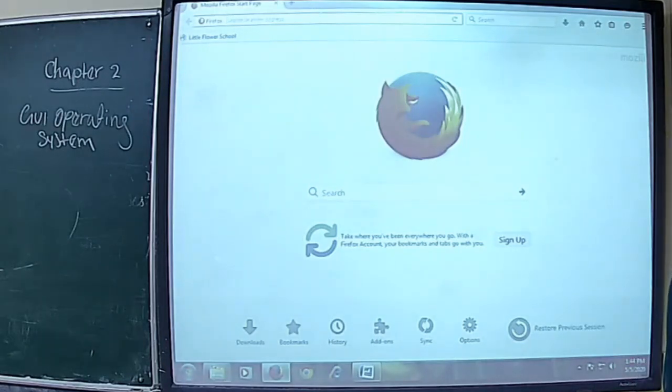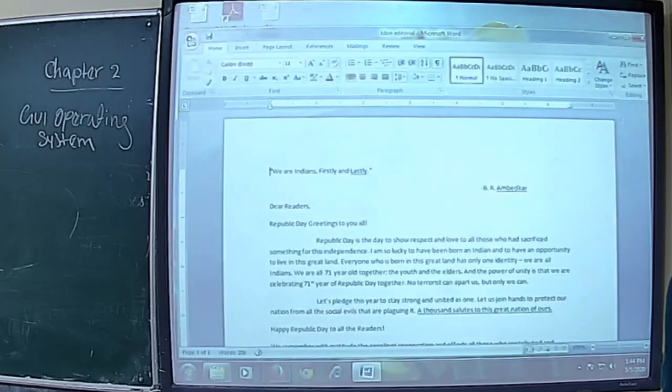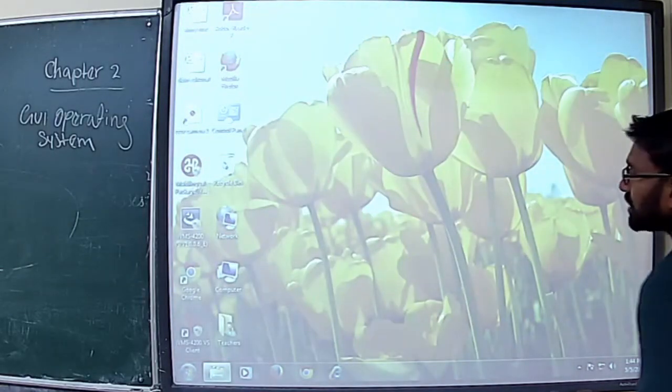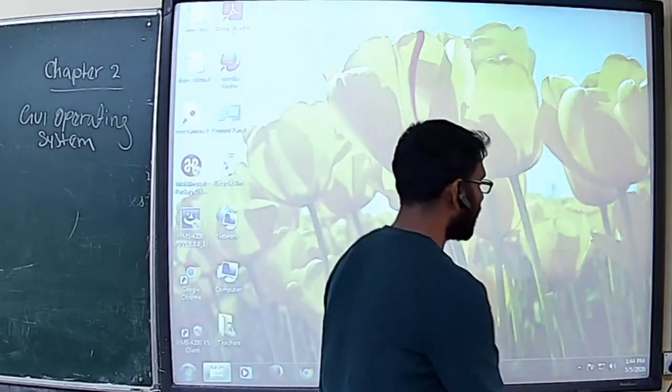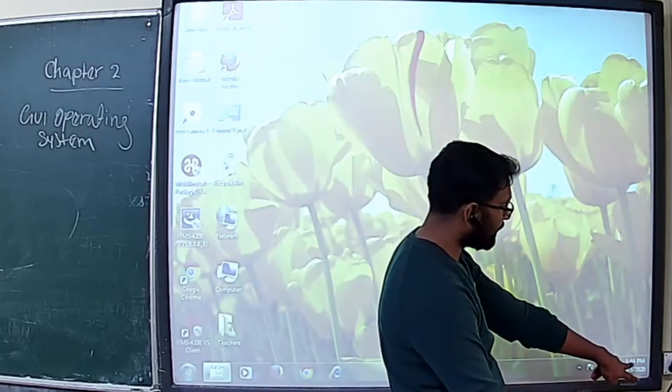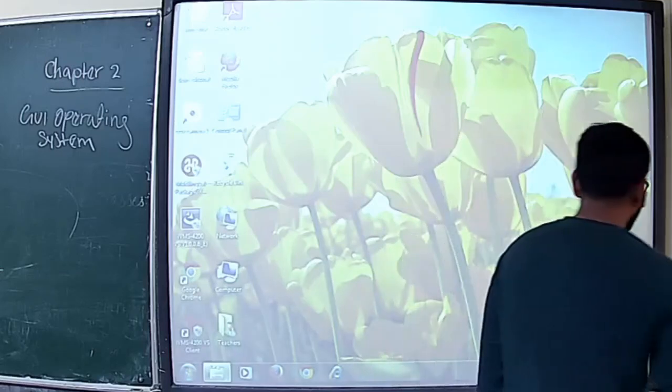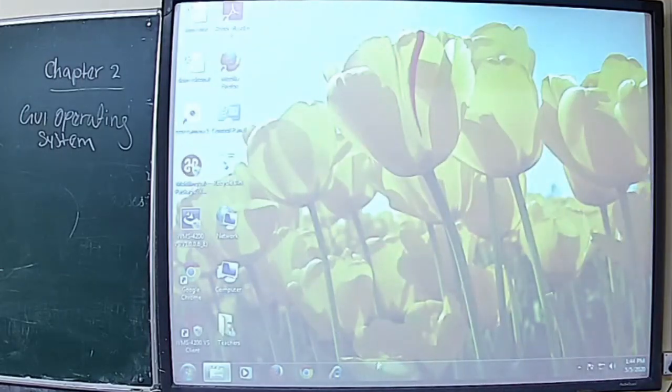First, I close these windows. First you need to go to the bottom right. Here you can see 1:44 p.m. It's wrong. Presently our time is around 11:30. So I need to correct the time.